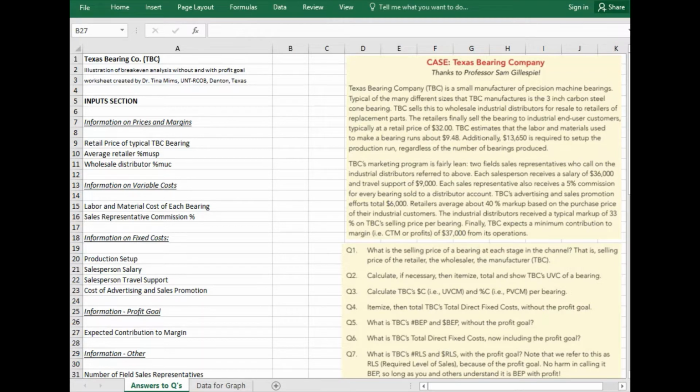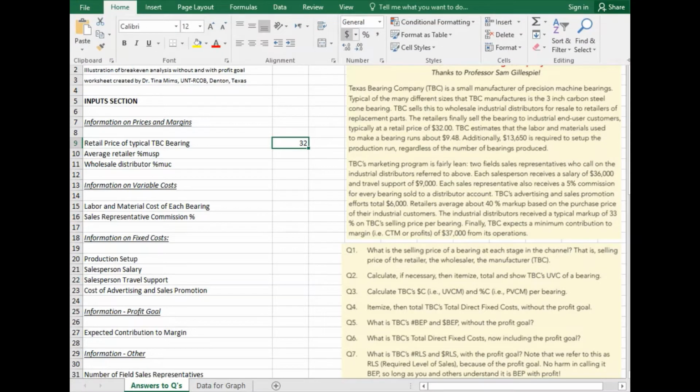We're going to talk about the Texas Bearing Company. This is a challenge to test our ability to do markup and markdown equations, and also to test our ability to determine break-even points with and without a profit goal. So the first thing we're going to do here is read the instructions,